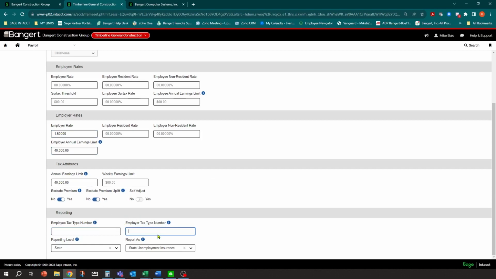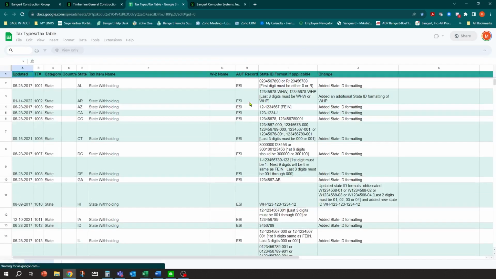So how does it know what Atrix number to get? If we come here and say employer tax type number, hit this little informational button, you're going to see this little button here called read more. Go ahead and click on that. That's going to take us into the payroll knowledge base and take us directly into a complete tax table and tax codes that Atrix uses to connect. So from this list, I usually recommend favoriting it. This list, you can see exactly what tax.